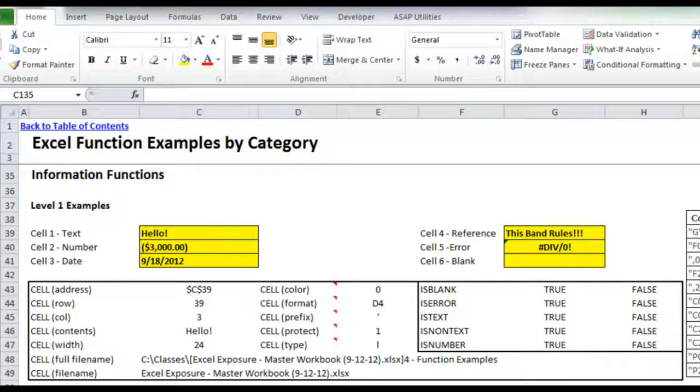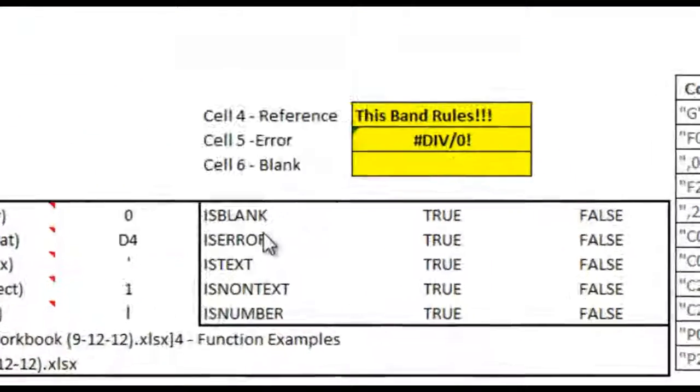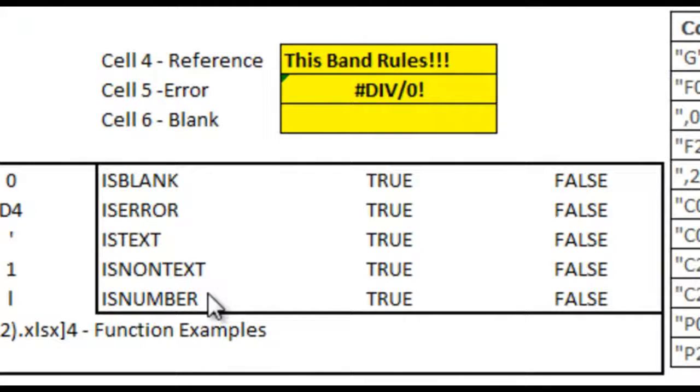Today I will be going over the level 1 information functions in Excel. Some of them are pretty useful, others you won't find yourself using as much, but I want to give you an introduction to them so you're familiar with them. Although I have the cell function on the left, I'm actually going to start with the functions to the right: is blank, is error, is text, is non-text, etc., because I find that is easier to explain than cell, and I'll spend the last half of the video explaining